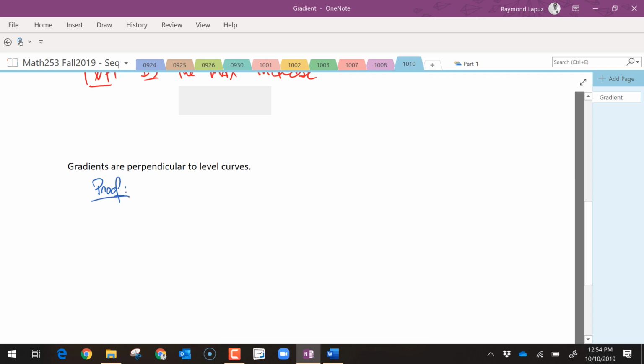And the way we're going to prove this is we're going to assume that we're able to parameterize a level curve. So a level curve is, I don't know, remember what level curves are? f of x, y equals a constant. So you're letting z equal to that constant. You're essentially taking your surface and you're cutting it with a horizontal plane. And that's how we did those